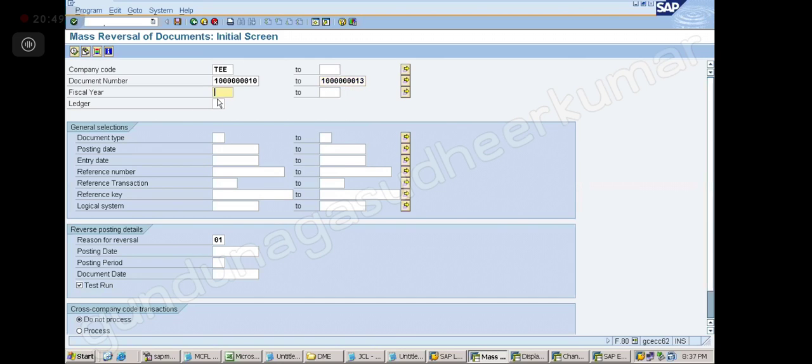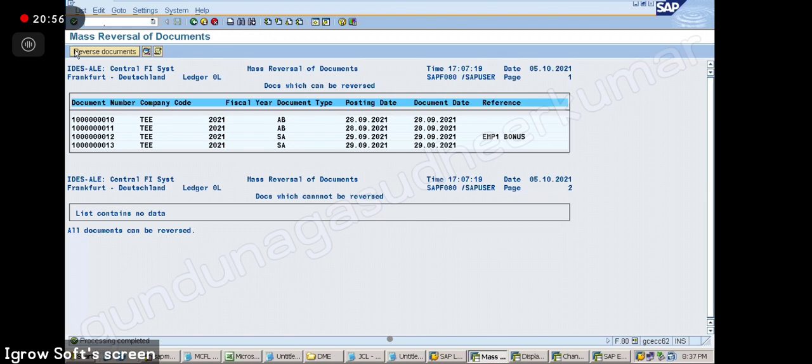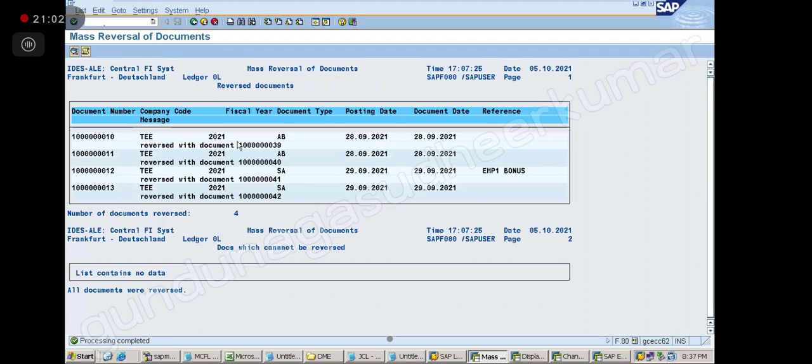Then give the fiscal year like this. So from number to number I will give reverse. All the 4 you can reverse at a time. Reverse document. So reverse 39, 40, 41, 40. You see? Like that you can reverse many documents.